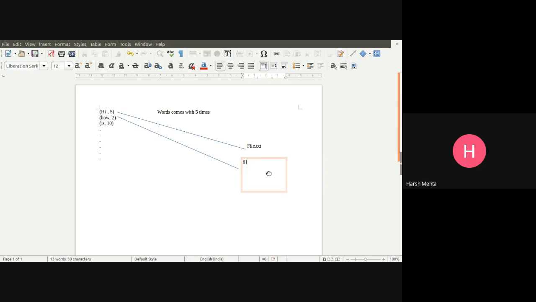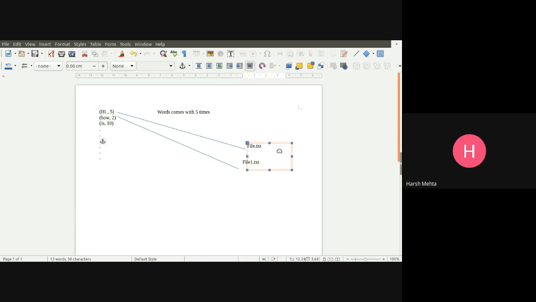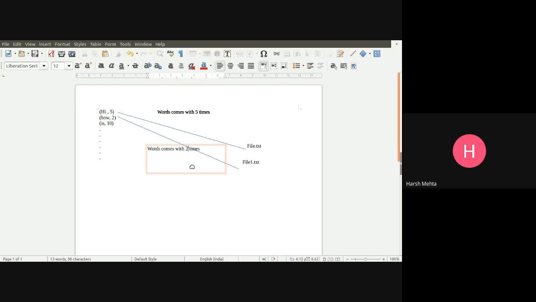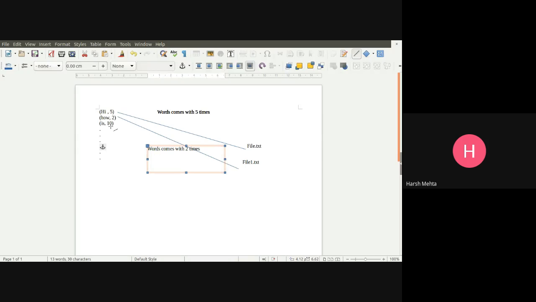File 1.txt. This word comes 5 times. This word comes 2 times. And again, this word comes 10 times.